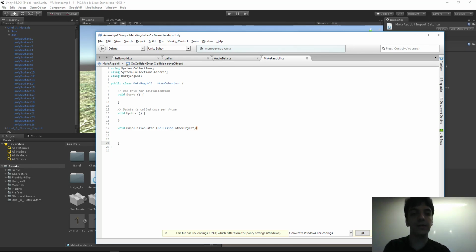So there are two new concepts here. There's a new type of function, and there are these parameters. Before, we were only doing empty parentheses, but now we have this. This is called a parameter. Anything that gets passed in those parentheses gets used in here. So when OnCollisionEnter happens,